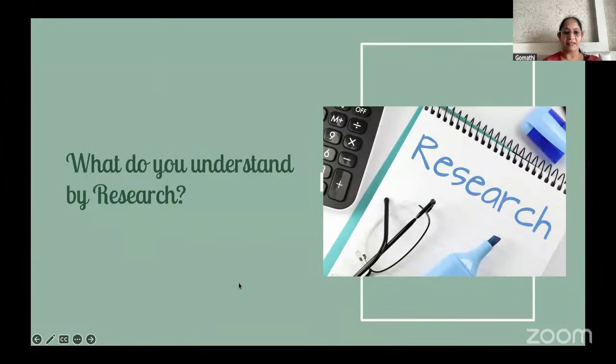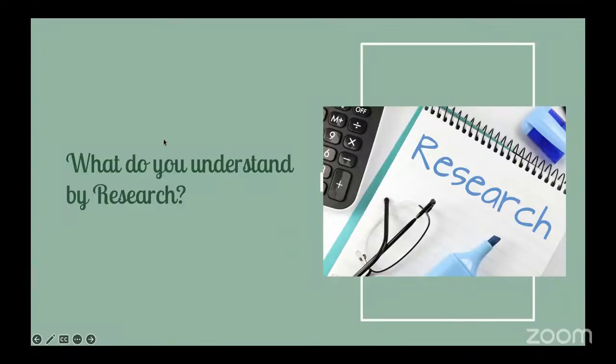So, objectives of research. I would like to know from you what you understand by research. You can put it on the chat, or you can raise your hands and respond whichever way you feel comfortable. I would like one or two responses about your understanding of research. At the second year level, what is it that you understand by research?